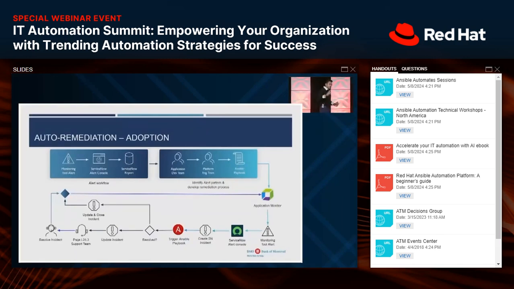So for that, we go to the second box on the right, which is application dev teams, platform engineering team, and an Ansible playbook. What does this box do? So in here, we have the platform engineering team, which is basically the ServiceNow team that has the ability to develop these new patterns on the platform. We have the application dev teams. So the drift exists in different environments, but every application is different.